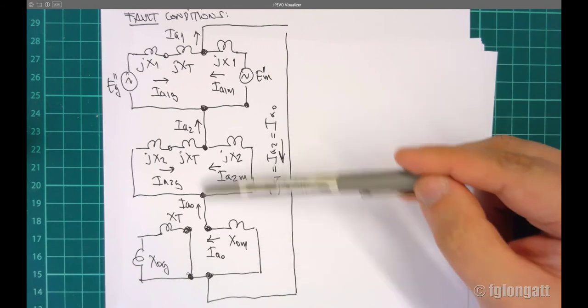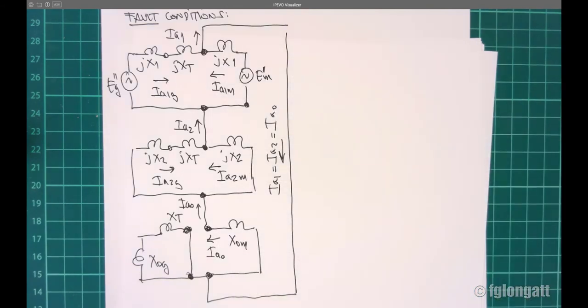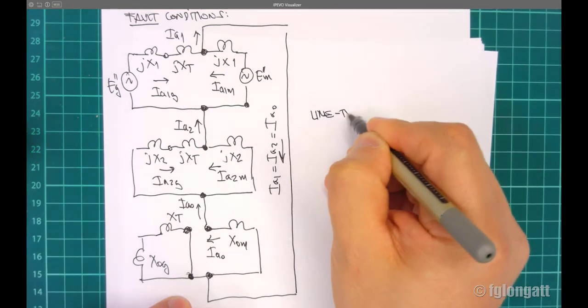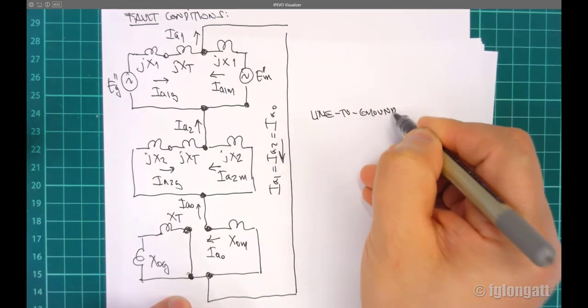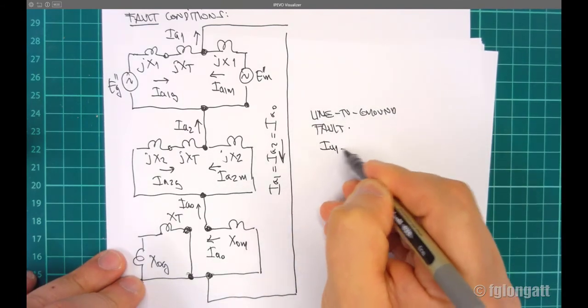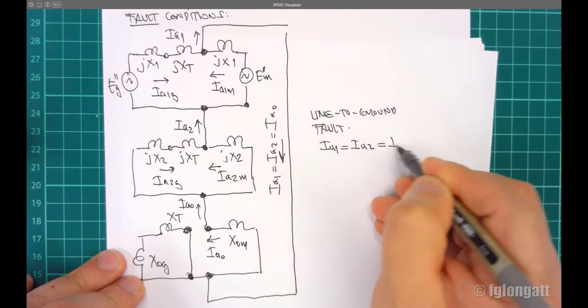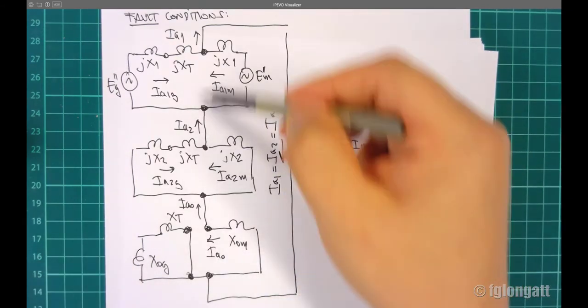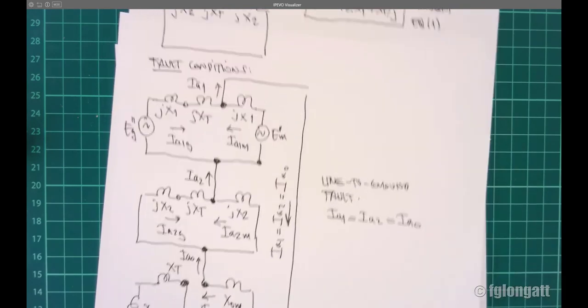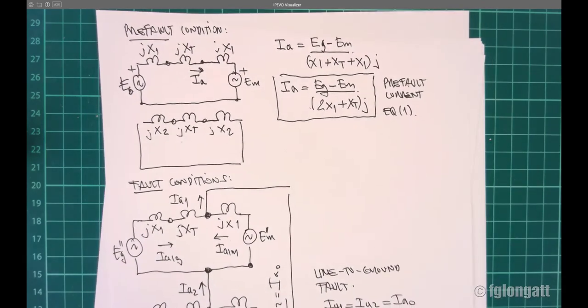However, because we have a single line to ground fault, this is the important condition here, okay? Well, the condition is that the positive sequence equal to the negative sequence equal to the zero sequence, okay? And that is what is happening here, okay? We already demonstrate that, okay? Now, what is the job now? Well, the job now is that I want to know the pre-fault conditions,